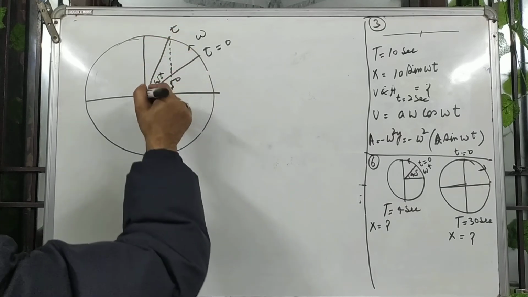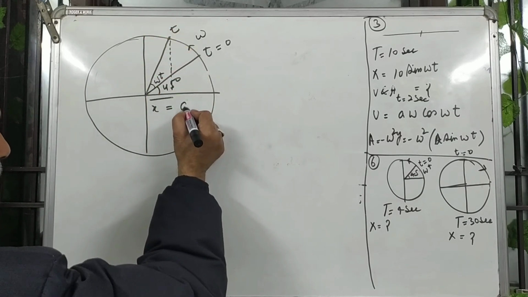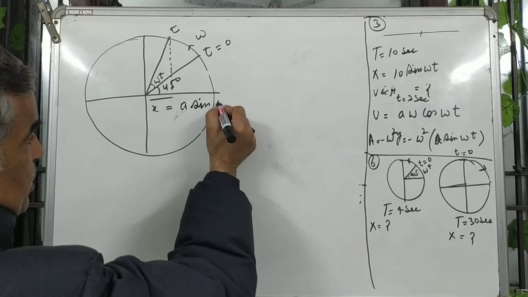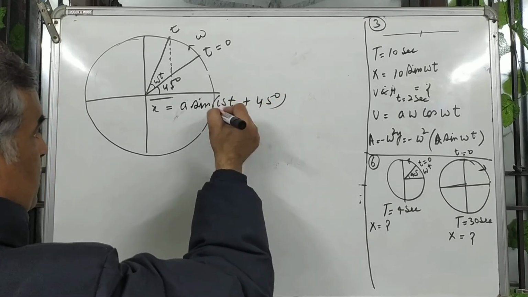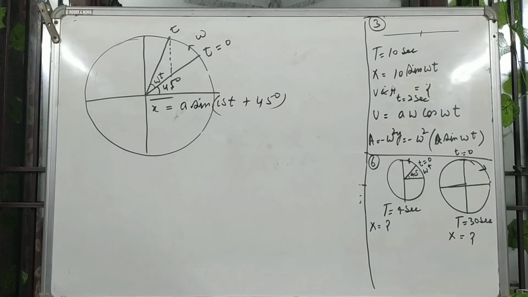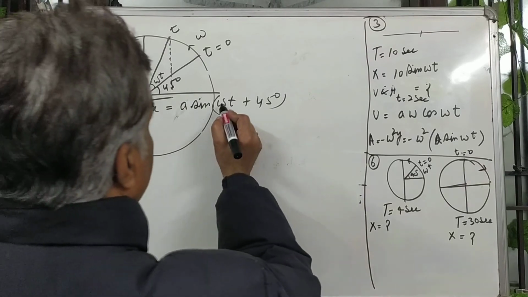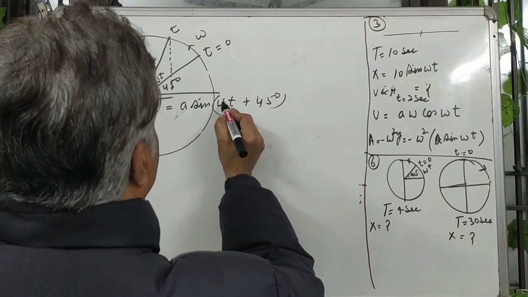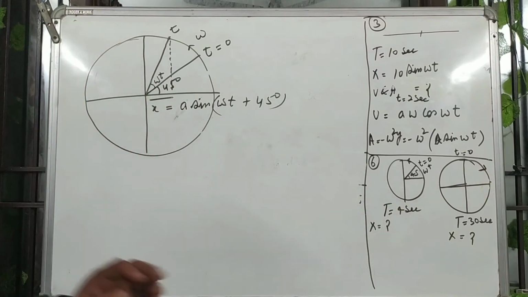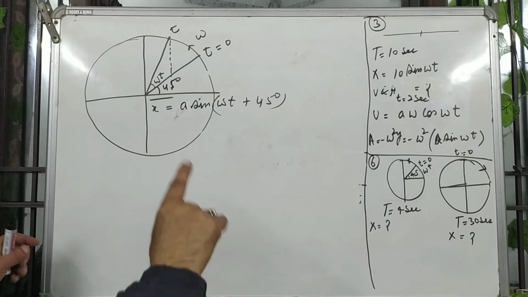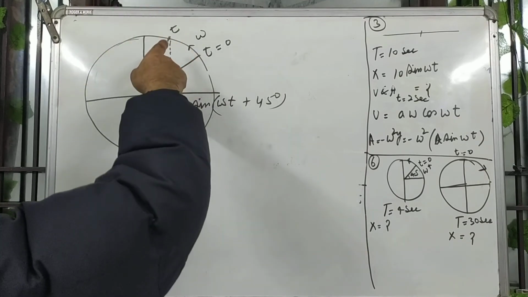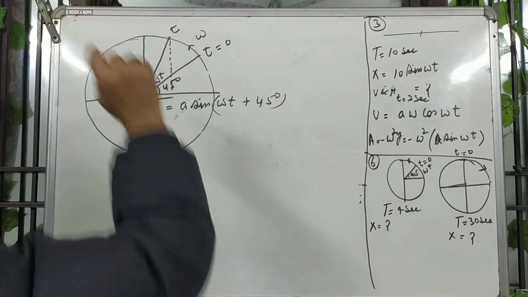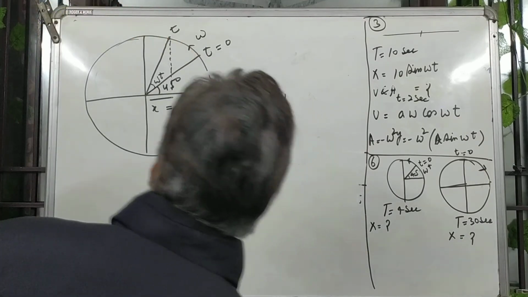This is amplitude a, or radius a, sin of omega t plus 45 degrees. This is the answer, the projection along the x-axis. Next, if it is not moving anti-clockwise but clockwise, starting from this point, the second question is